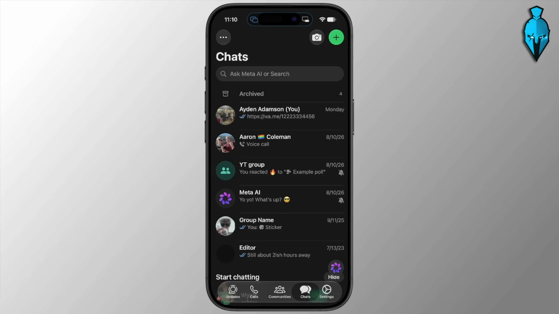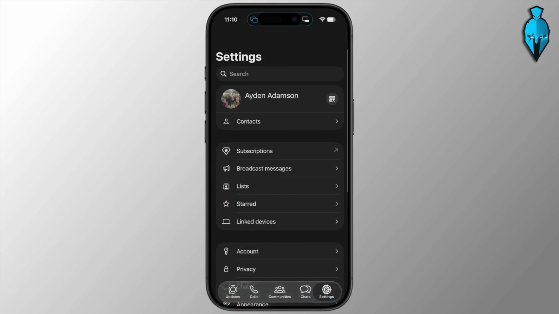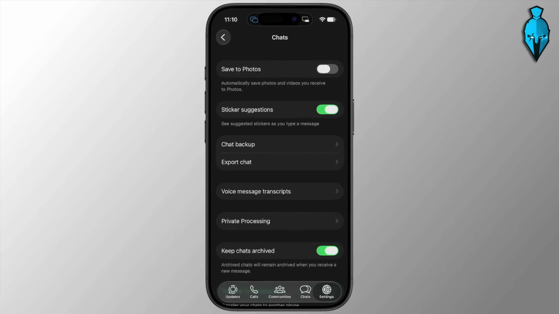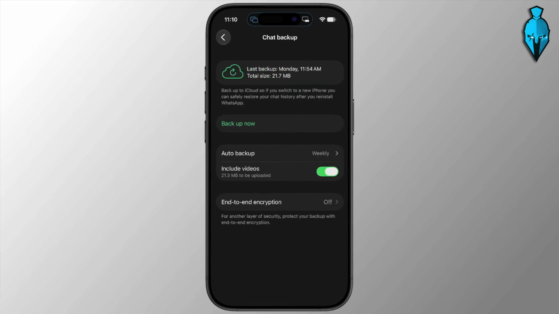Now, starting off in the old iPhone, what you're going to want to do is open up WhatsApp. Select the settings here down in the bottom right, and then scroll down on here and select chats, and then go ahead and find chat backup. Select backup now and wait for the backup to finish,